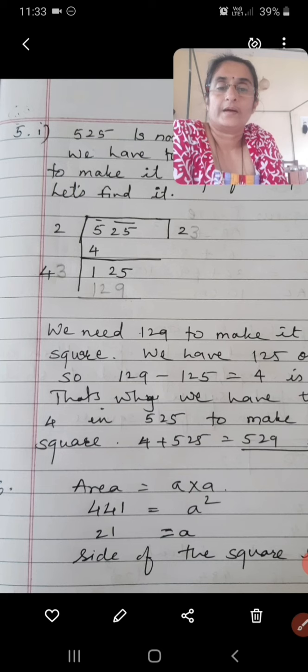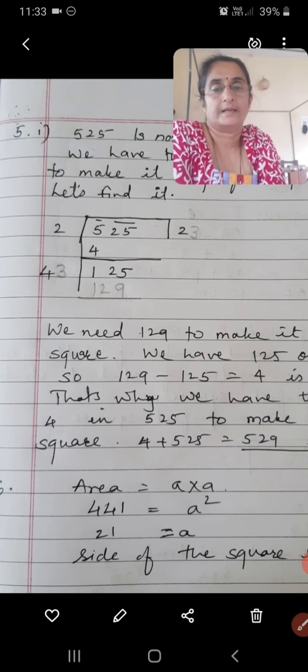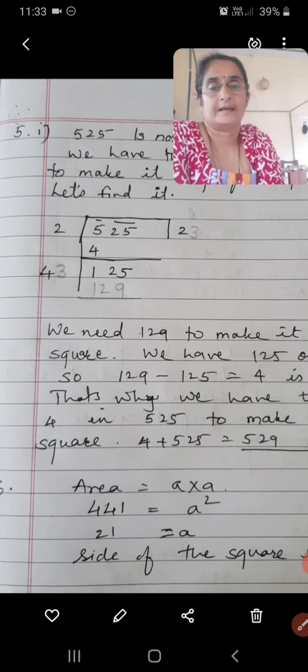Now we have to find out a perfect square below 5. So that is 4. So 2 into 2 gives us 4. Subtraction of 5 minus 4 is 1. What is the next step we have to do? That is, take the next group down. It becomes 125. Fine. Now 2's double I have to write, that is 4, I have written.